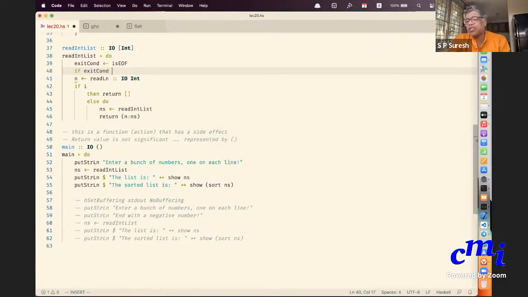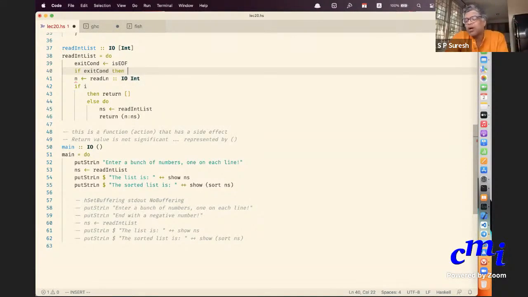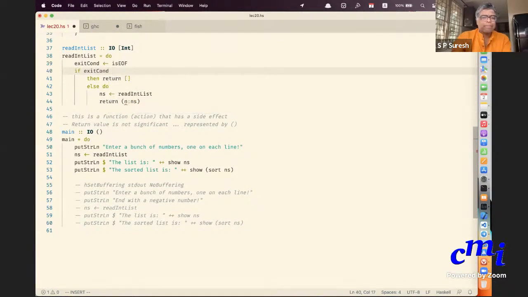isEOF is again an action with a side effect. It will do something at the system level and detect whether the end of file has been reached or not, end of input has been reached or not. That's a Boolean value. So you can just use if exitCondition. Exit condition is not a keyword. It is just some name that I'm using. Okay. If the exit condition holds, then return the empty list, else